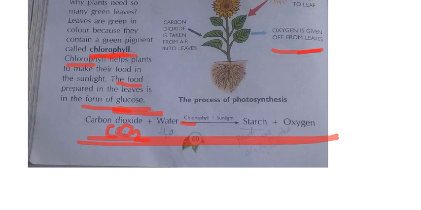Next, plus what is it giving outside? Oxygen. That means on the left side what are there? All the plants are taking inside, and on the right side what are there? They are giving outside for us. Okay, see here, first carbon dioxide and water plants will take inside for preparing the food. With the help of the chlorophyll and sunlight, by absorbing all this, it will give outside as the starch and oxygen. Yes or no? Starch and oxygen. So how should you remember this one? Carbon dioxide plus water gives starch and oxygen.